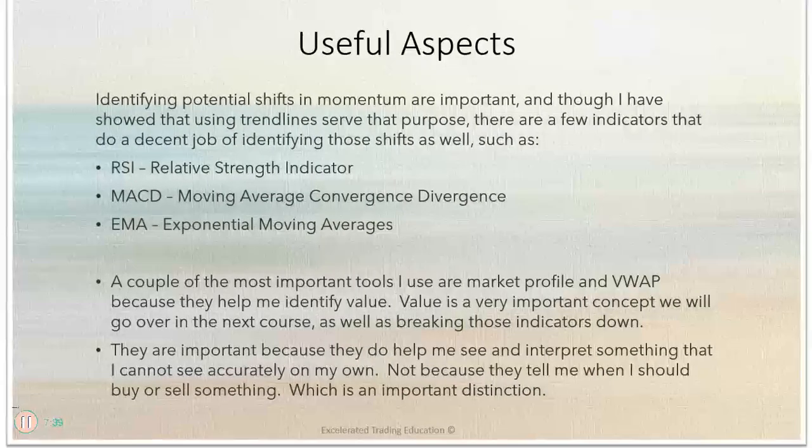Useful aspects. Identifying potential shifts in momentum are important, and though I have showed that using trend lines serve that purpose, there are a few indicators that do a decent job of identifying those shifts as well, such as the RSI, which is the relative strength indicator, the MACD, the moving average convergence divergence, and the EMA, the exponential moving averages. And just for a quick disclaimer, I don't use any of these, but I do see there's certain aspects in there that you could incorporate into a plan,